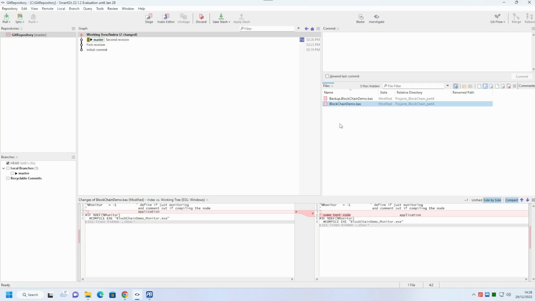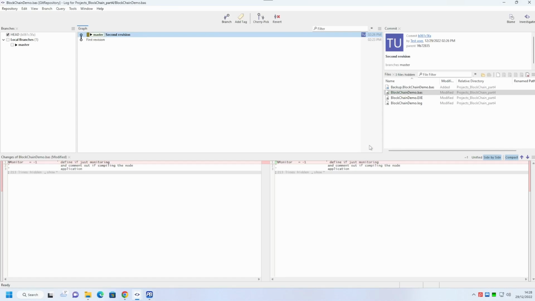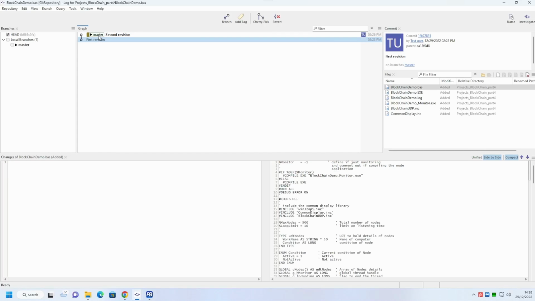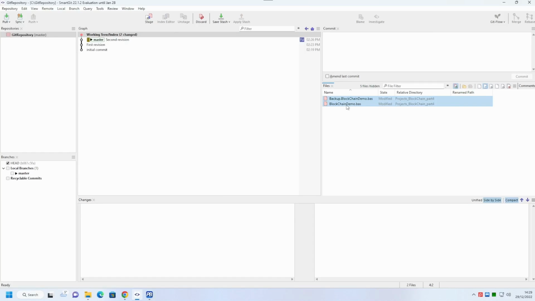We can also look specifically at the log file for a particular file by right-clicking and clicking on Log. This brings a new window up on the screen, and this allows you to see the revisions of every change ever made to that file. When you have been using a particular application for some time and doing a great deal of development on it, you will have built up a revision history, and you can step back and look at what the code looked like at any point in time. If we check in these latest changes,